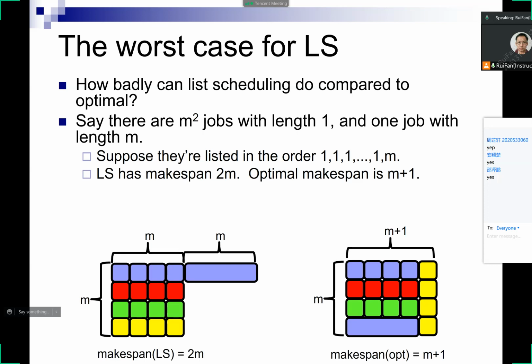In fact, we also saw what the worst case for list scheduling is. The worst case is if you have, let's say, m squared jobs, where m is your number of processors, and all these jobs are small, they have size 1, and then you also have one big job of size m. Then if you happen to list them in this increasing order over here, so you list out all of the small jobs and then you list the big job,